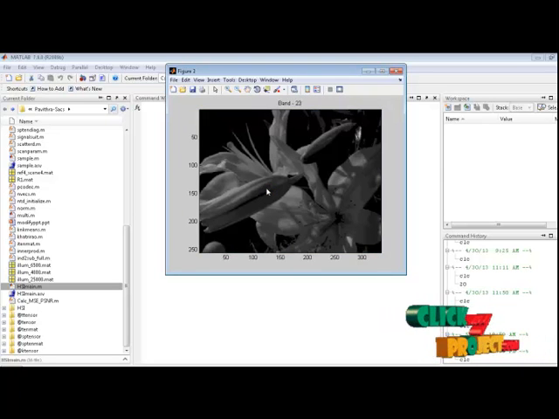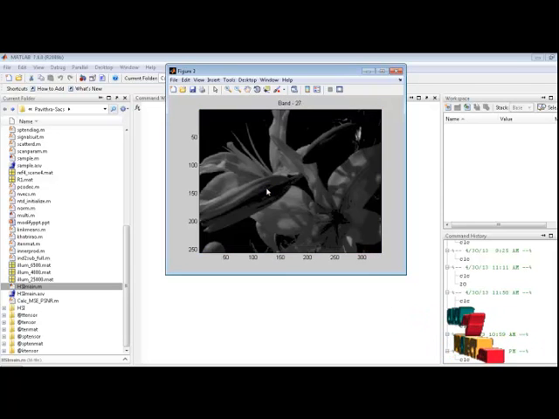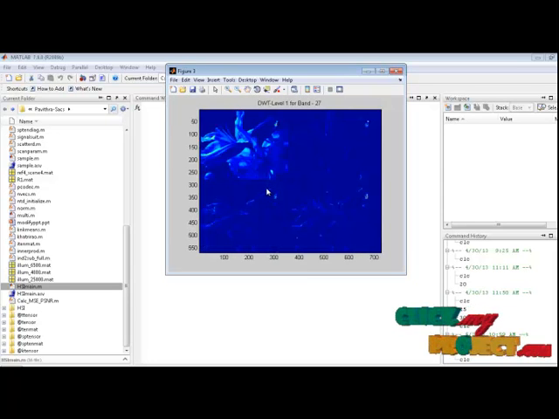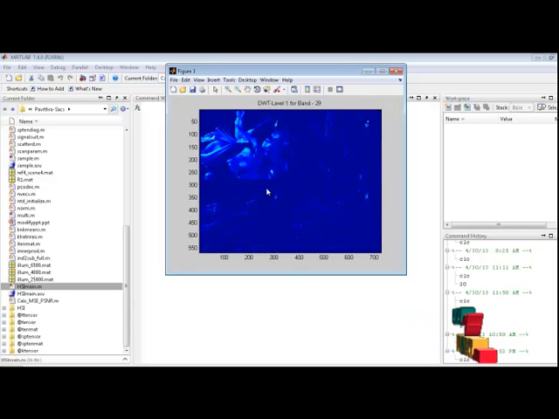DWT is discrete wavelet transform. Discrete wavelet transform has successfully been used in many image processing applications including noise reduction, edge detection and compression. The DWT is an efficient decomposition of signals into lower resolution and details. From the image processing point of view, DWT may be viewed as successive low pass and high pass filtering of the discrete time domain signal.